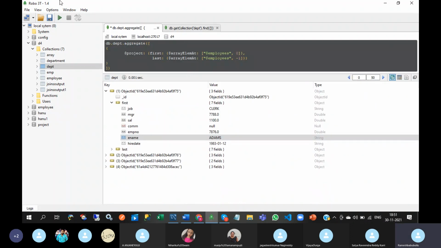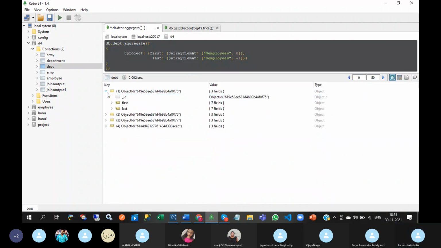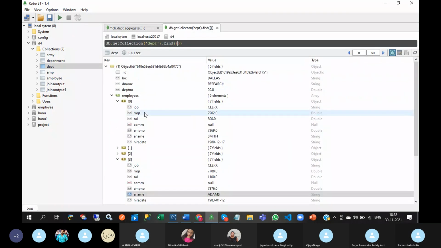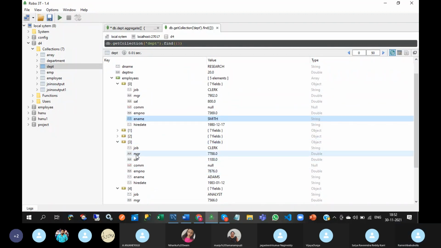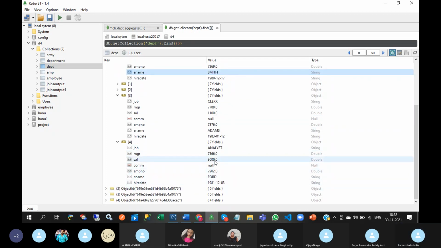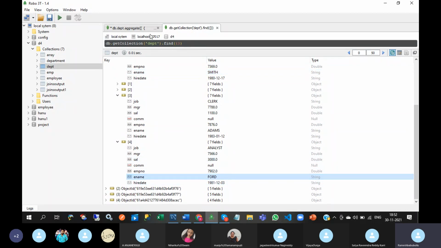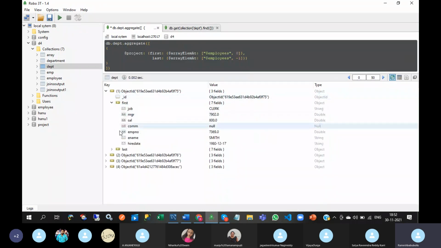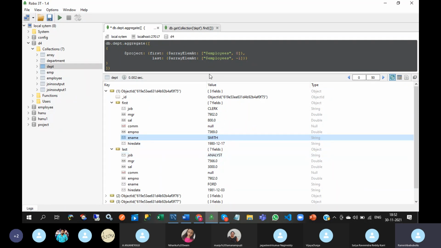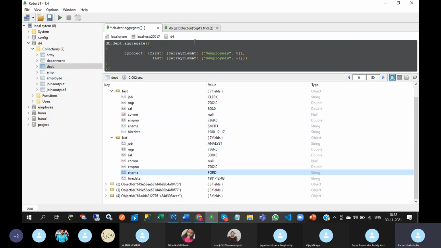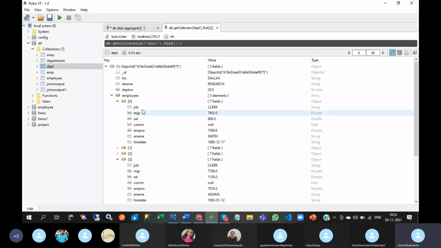If you give 0, observe this here, the 0 element is Smith, and what will be the last element? Last object Ford. Smith, Ford. If you give 0 and -1, then in 0 you will get the employee name Smith. If you give -1 you will get Ford. That means the last object from the employees array.